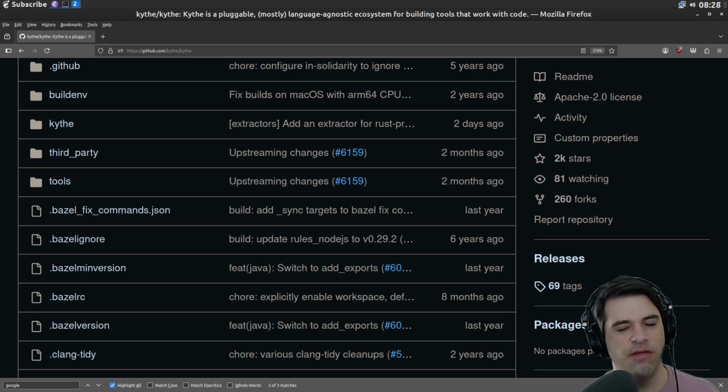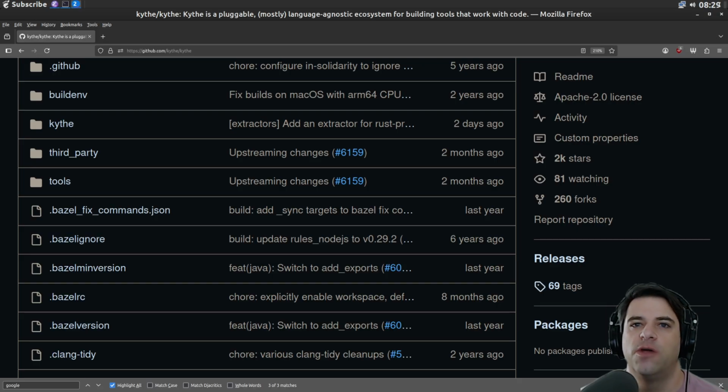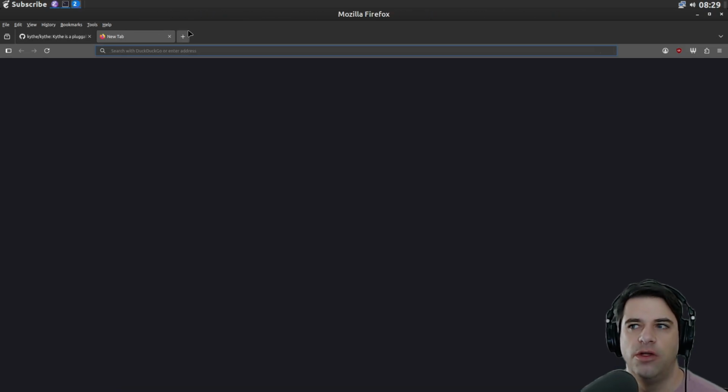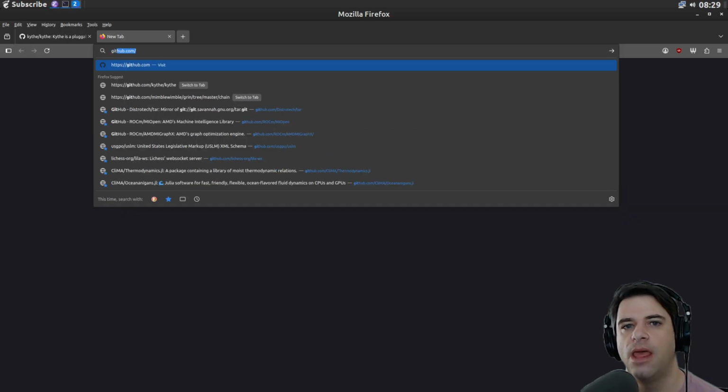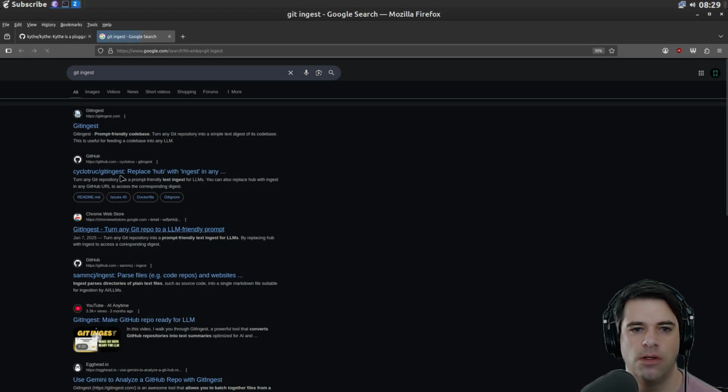And one of the things that I noticed when I was looking at Aider is that for my own personal needs, it wasn't really giving the LLM the kind of information I would want it to have in order to efficiently solve problems. And so that's why I wanted to look at Kythe, to see if it is possibly going to make it easier for me to expose information to the LLM. There are other ways to do these sorts of things. I'm sure there are RAGs out there that build information about your source code. I think git ingest is a thing that people have used, but git ingest seems pretty basic,